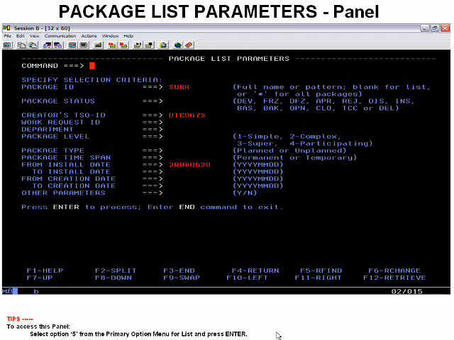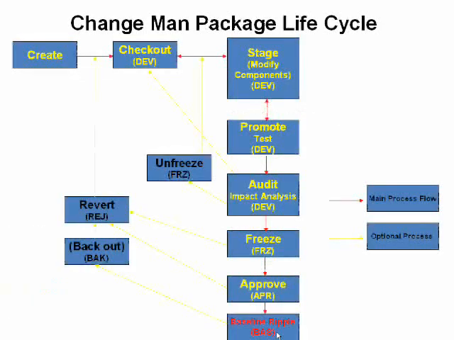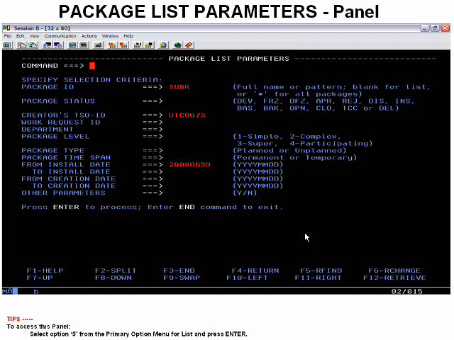So far we have seen everything with only one package: how to create a package, how to get the components into that package, how we are going to compile the components present in that package, how to promote that package, how we are going to add it, freeze, and all the way through. Now if you want to see multiple packages, for example all the packages created by a particular user from a particular date,